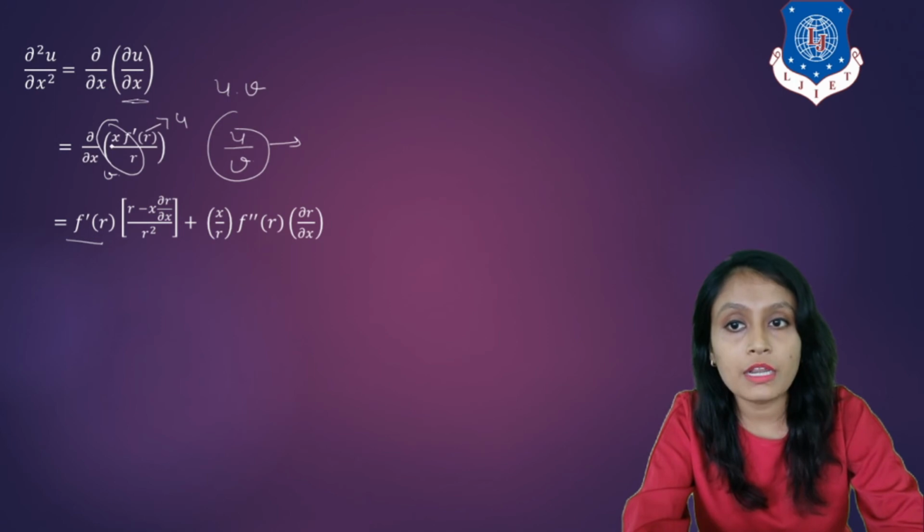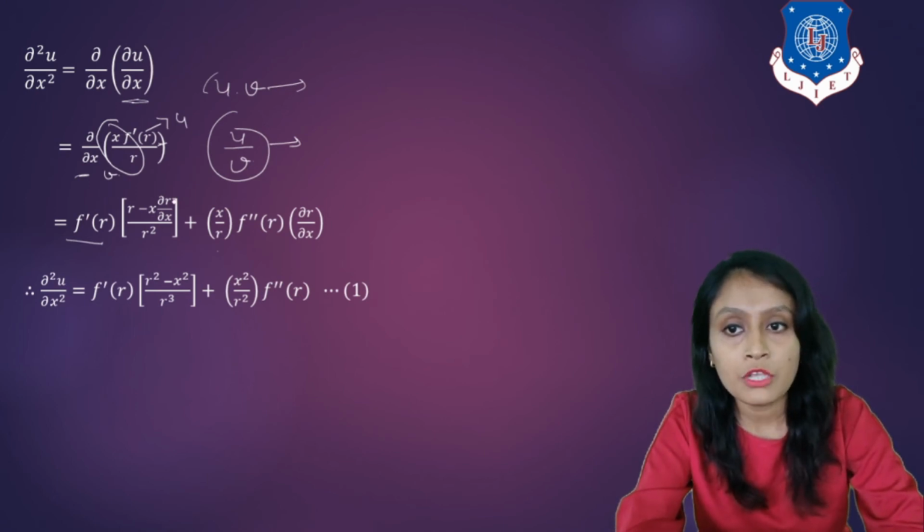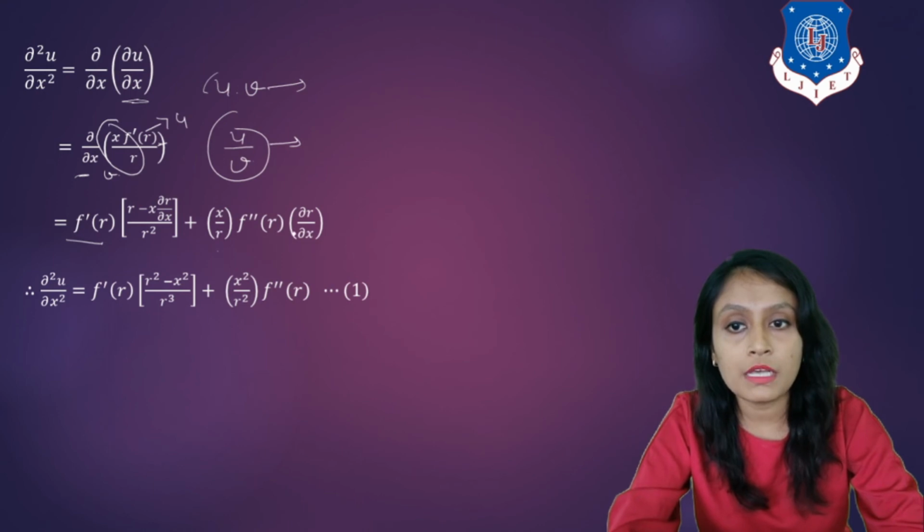Plus this x/r is as it is. Now we are applying the u·v formula. So x/r as it is, and the derivative of f'(r) is what? f''(r) into ∂r/∂x. Here we are differentiating with respect to x. Now we know ∂r/∂x is x/r, so just substitute x/r. So you will get x², and just multiply r here. So here you have r² minus x², and multiplying by one more r here, we have r³. Other terms as it is, plus again here x/r, so here we have x²/r² into f''(r).